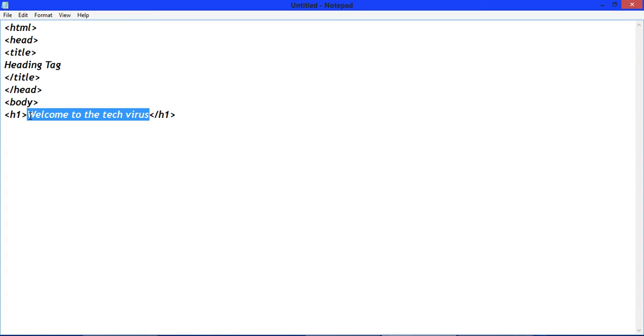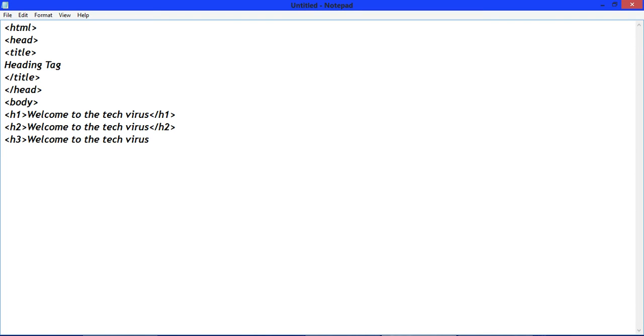Copy this text. Now write H2 tag and then close H2 tag. Write H3 tag, welcome to the Tech Virus, and close H3 tag. Again write H4 tag and close H4 tag.